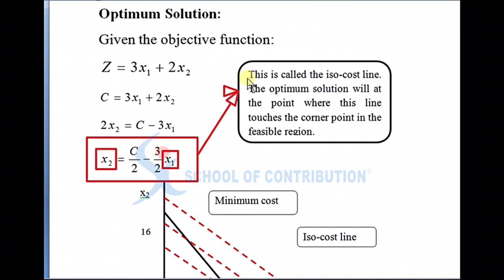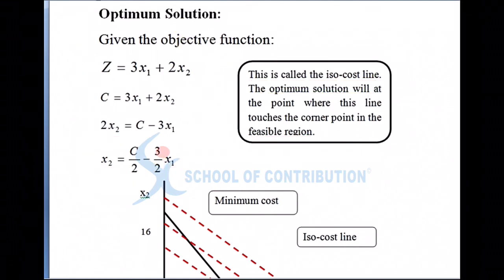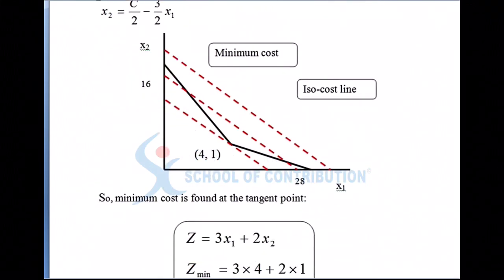এই isocost line ইউজ করার সবচেয়ে আমাদের বেনিফিট হচ্ছে, as we see in the box, this is called the isocost line, and the optimum solution will exist at the point where this line touches the corner point in the feasible region. That means আমাদের feasible region এর boundary পয়েন্টে যেখানে এই isocost লাইনটা টাচ করবে সেখানে আমরা অপটিমাম সলিউশন বা মিনিমাম কস্ট বের করতে পারবো। ওকে, সো এখন আমরা দেখব আমাদের গ্রাফে এটা কোথায় এবং কখন এটা বাউন্ডারি